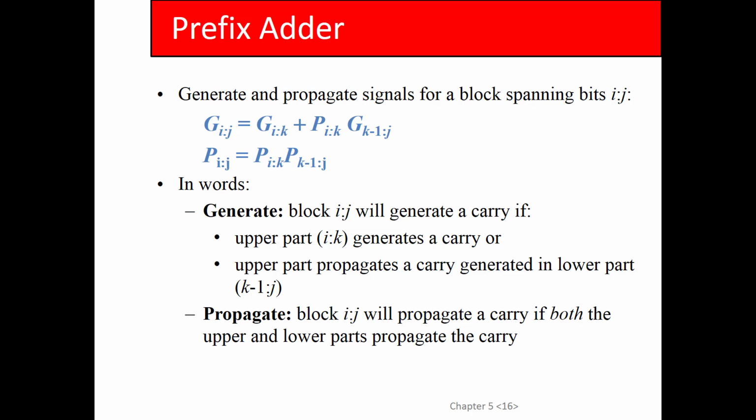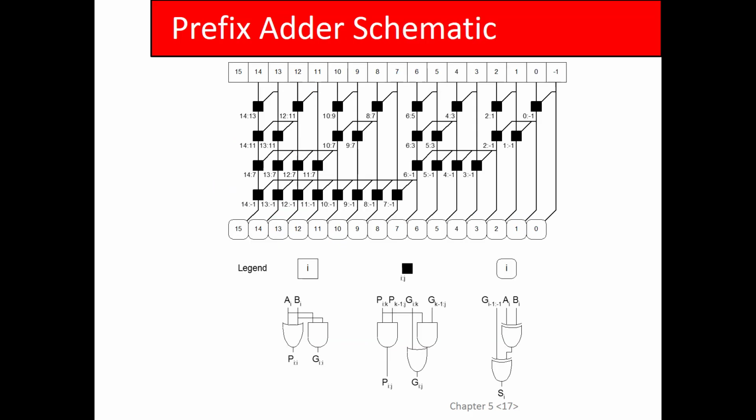All right. So from that, you can decompose into this binary tree where you start out and you look at each pair of inputs, each pair of columns, rather. So 0 down to -1, 2 down to 1, 4 down to 3, 6 down to 5, 8 down to 7, and so on. And then once you've got those pairs, you can build up by taking,